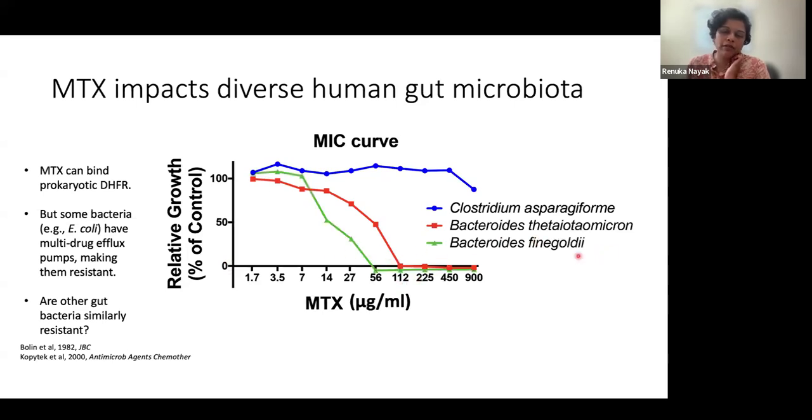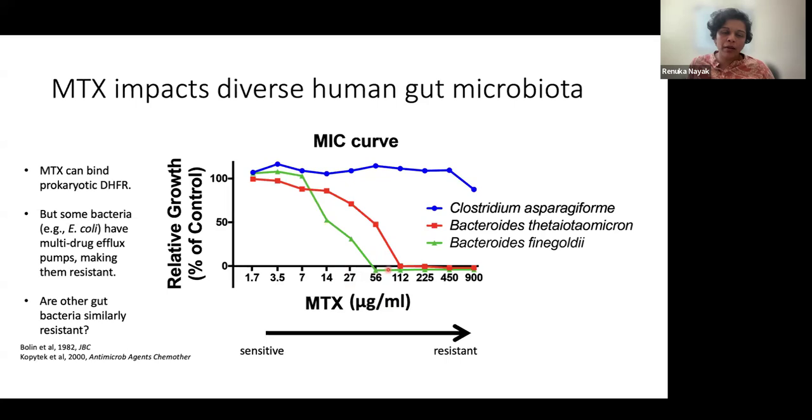And then here's Bacteroides feingoldii. So that it's even more sensitive. It has a lower amount of methotrexate that's required to completely inhibit its growth, right? So MIC is actually something we see a lot in the clinical setting. Whenever we send off our cultures and we get susceptibility testing, what they're reporting back out is the MIC. What's the minimum amount of the antibiotic you need to completely inhibit growth?